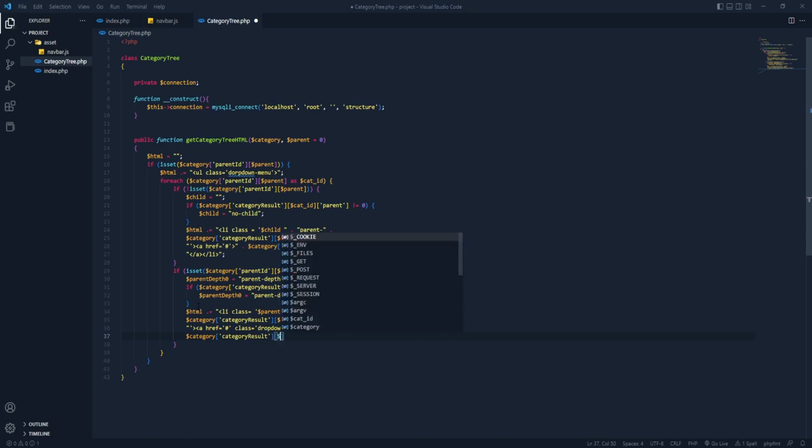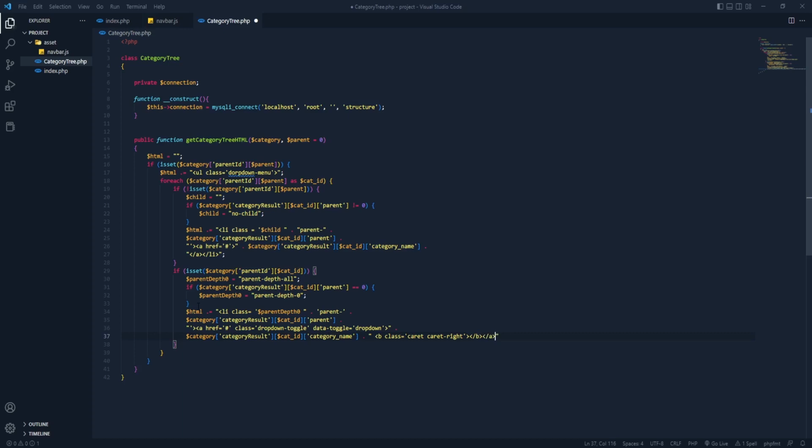Add get id, and now let's concatenate this double quotes. Let's add an i tag, give it a class that will be caret-right. Let's close this tag, also